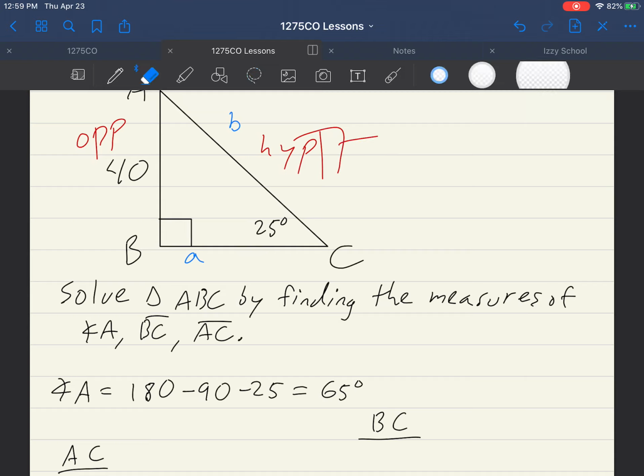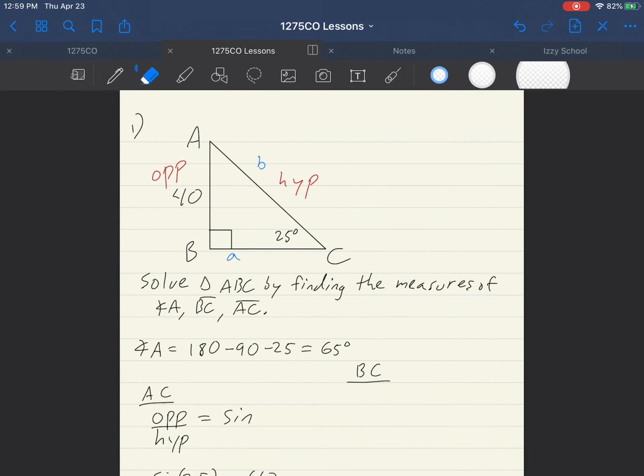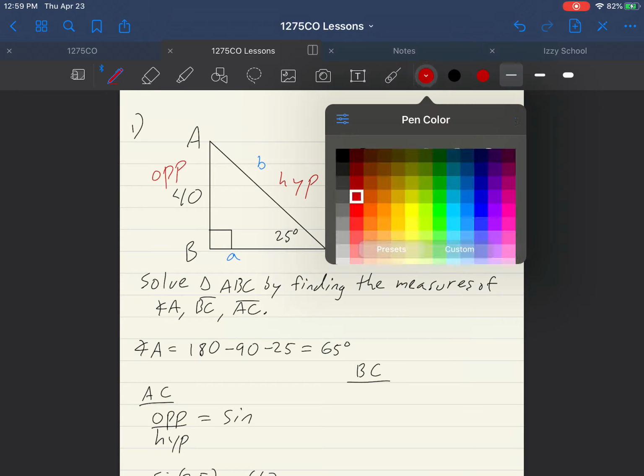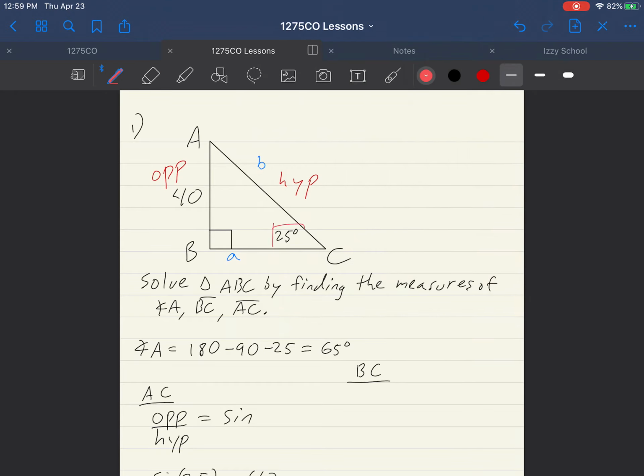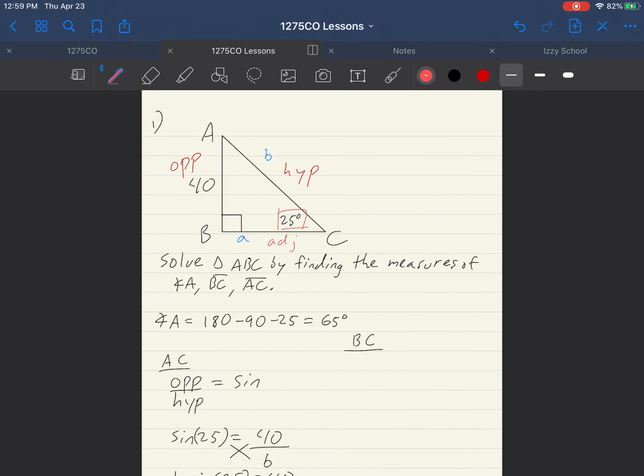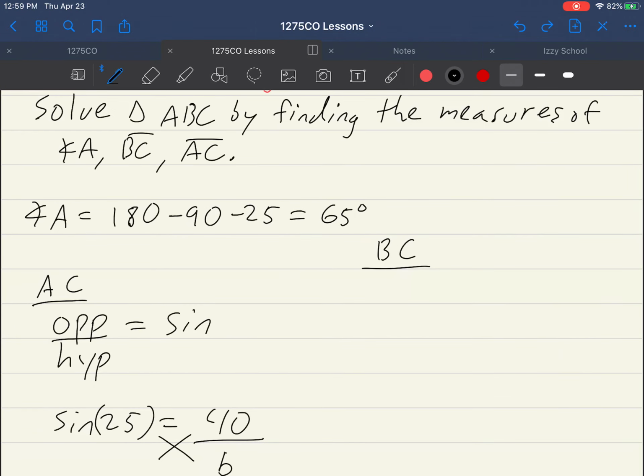So let's actually keep our angle of focus because we're still looking at 25, okay? We're still looking at this 25-degree angle, so we're still focused here. That means this is still the opposite, but that means that down here, our missing value is going to be the adjacent. So since we're using 40 and we're using this 25-degree angle, that means we are looking at an opposite over adjacent ratio,